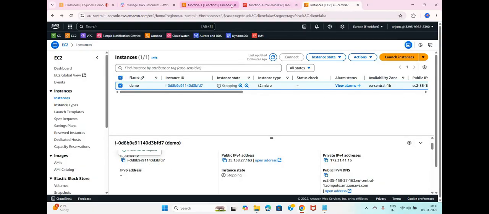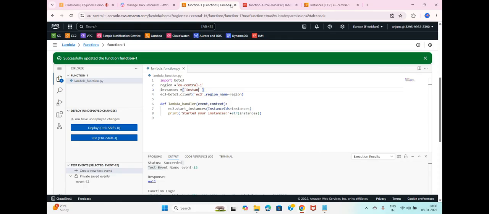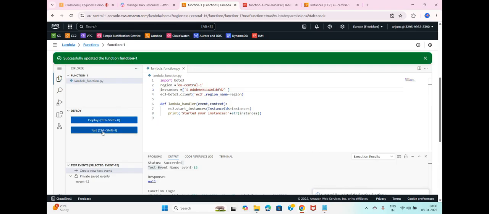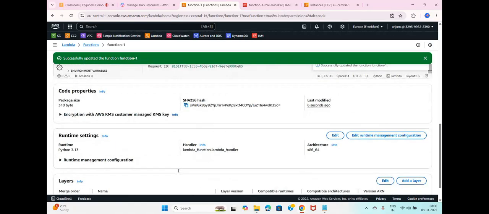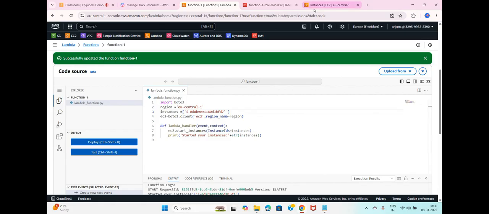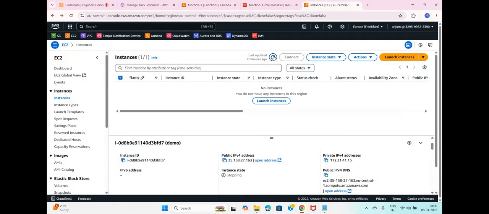Copy that ID. Okay, so now it's done. Deploy it. If you make any changes, first you have to deploy and then test it. So it is success. Now go back to the instance, refresh it once.